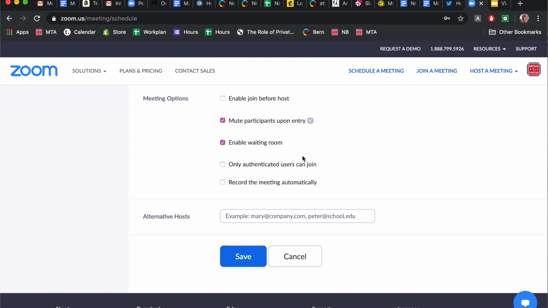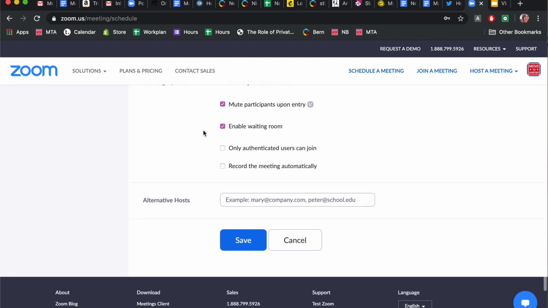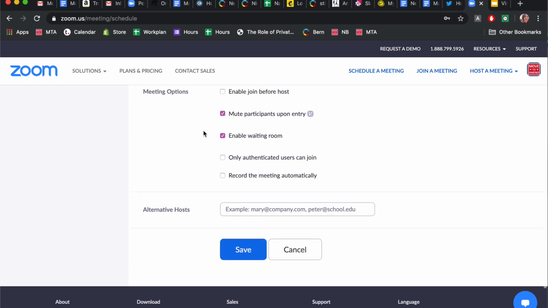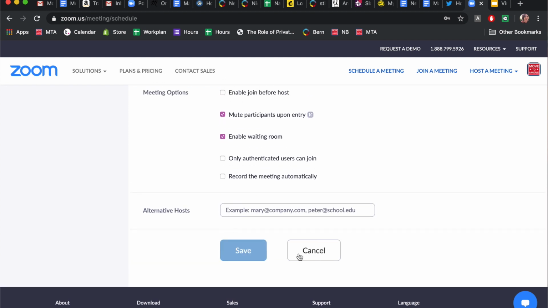And so there are times when those features are useful. And muting participants upon entry, this is another safeguard against these trolls that are disrupting meetings. So then you would save it, and